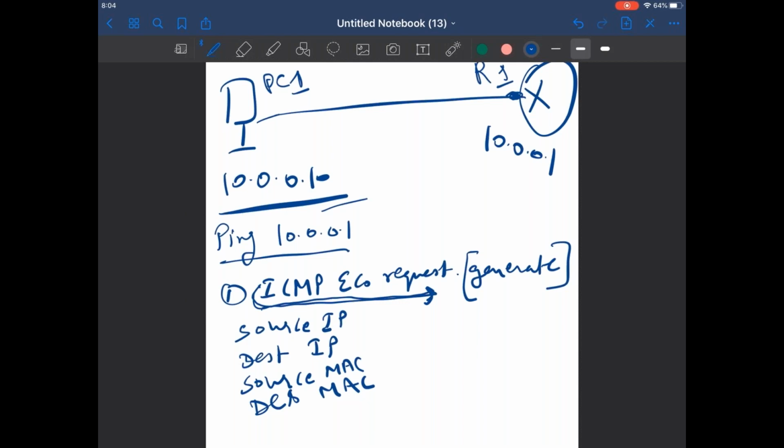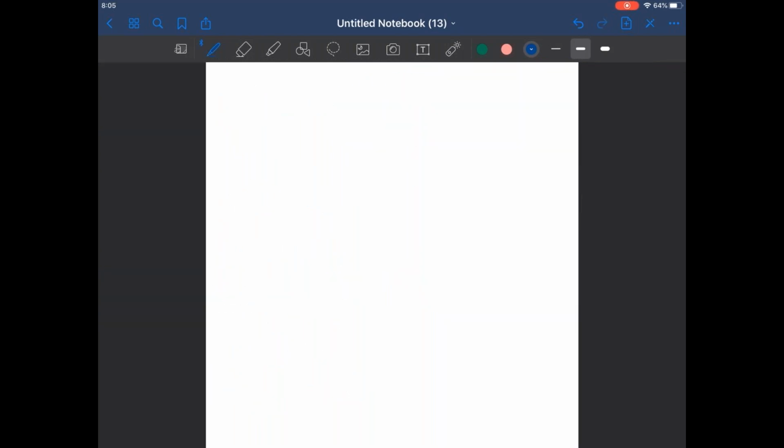That's the first step, generate only. It is not sending towards R1, it is only generating the packet. So I'll tell you the process one more time.